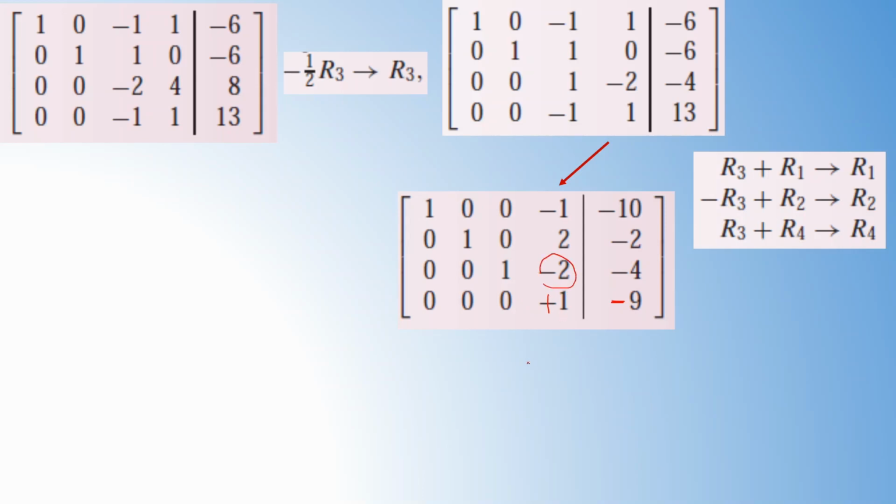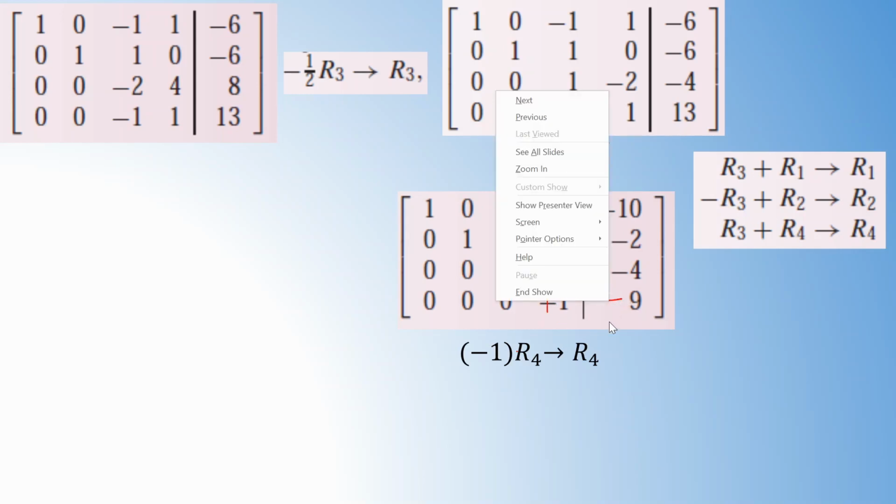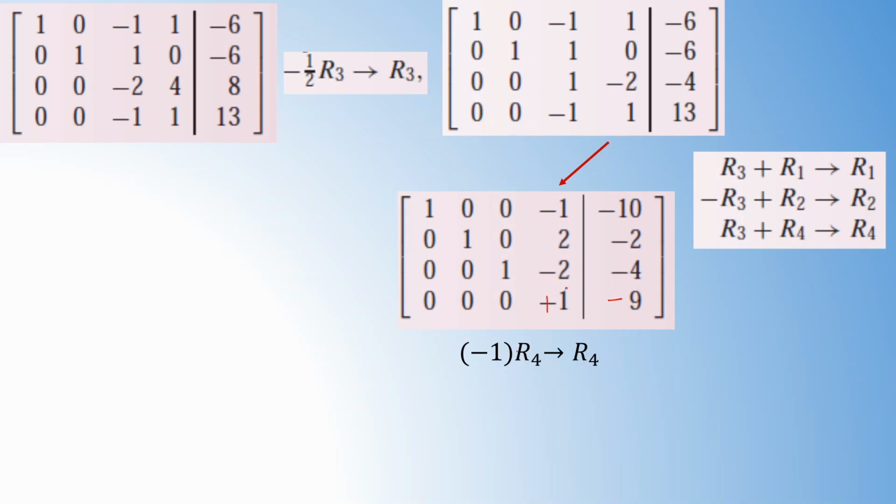Maybe we can write the previous one. So when you apply these row operations, it becomes 1 and minus 9. Now, using this one, we want to make this one into 0. So you multiply the fourth row by 2 and add it to the third row to get the new third row.